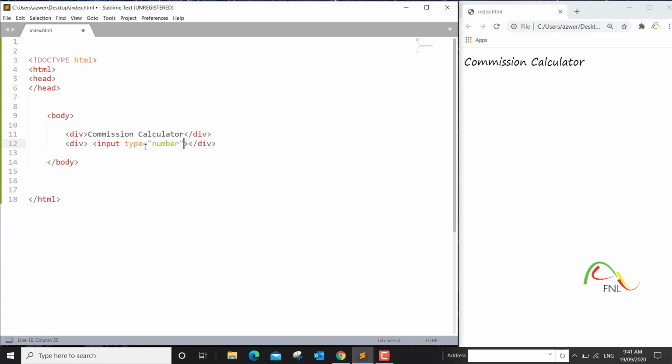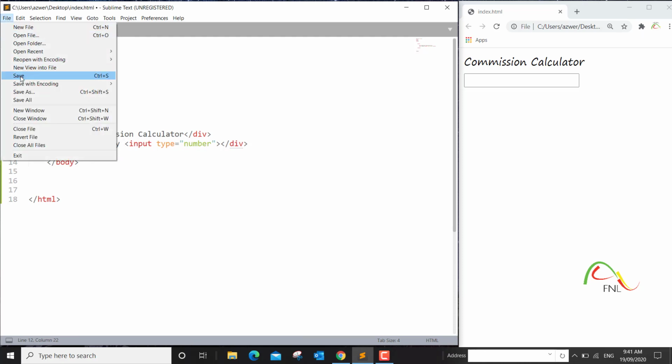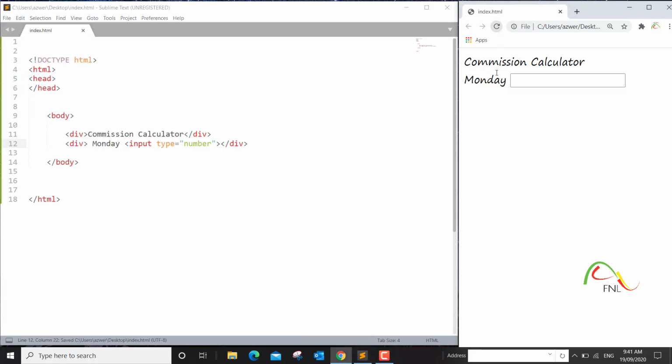So we are creating an input element which looks like a box that the user can type in something, and the type of the text will be number. I'll say Monday here and refresh this. Of course, name of the day and whatever commission was earned on Monday can be typed in here. So I'll give this input element an ID so we can target this element later on, and I'll call this MON, short for Monday,